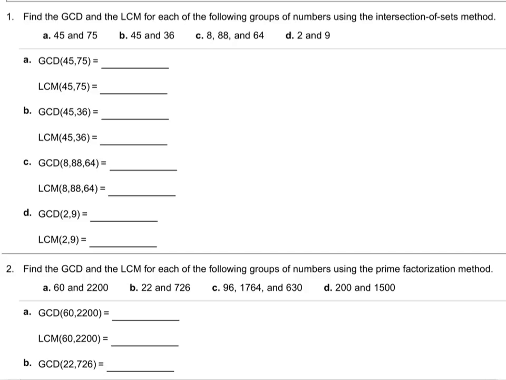From this homework number 10. All right, so here's homework number 10. We've only got a few minutes here, 6 minutes, but let's do at least one of these problems, or, well, one of these parts, I guess. So find the GCD and the LCM for each of the following groups of numbers using the intersection of sets